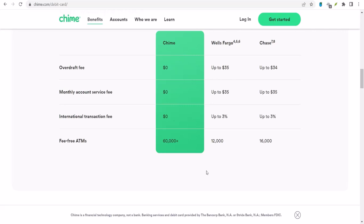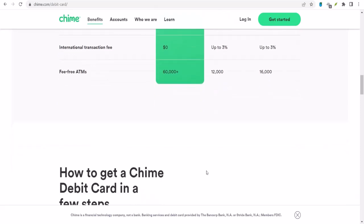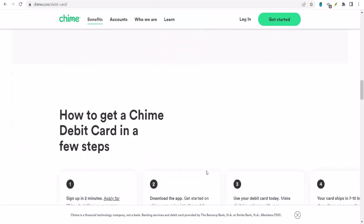It's also worth mentioning that Chime's policies and features can change over time. So, it's always a good idea to check their website or app for the most up-to-date